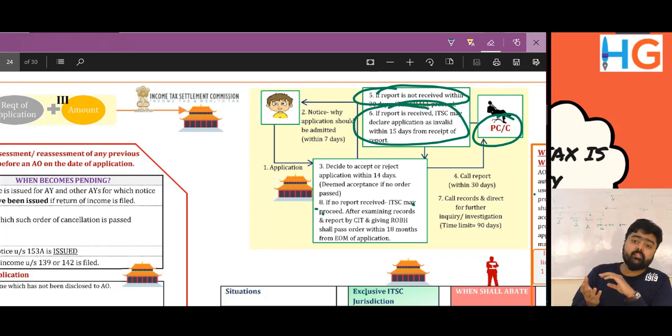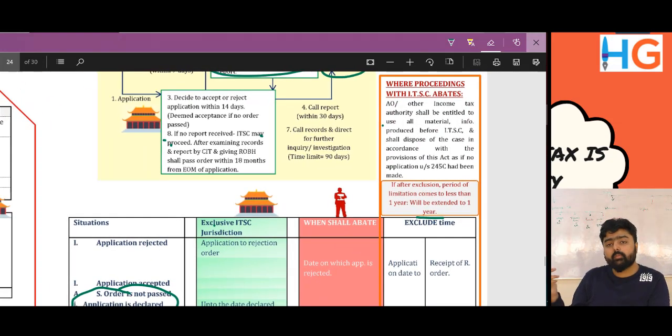Now, after exclusive jurisdiction with the god, the Income Tax Settlement Commission may throw the assessee out if it believes that the information given is false. It will amount to abatement of proceedings. Once the abatement of proceedings occurs, the AO, the devil, will have exclusive jurisdiction. You remember, he couldn't do anything, but he was listening, standing outside.